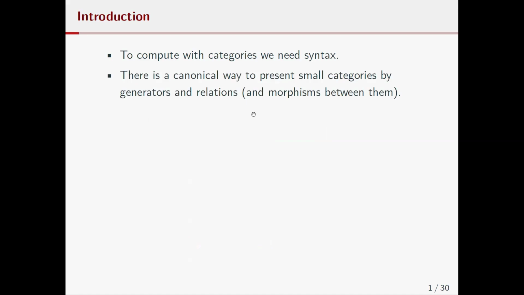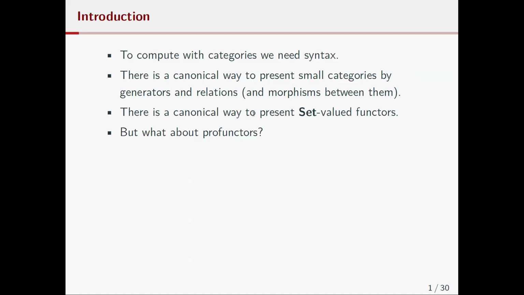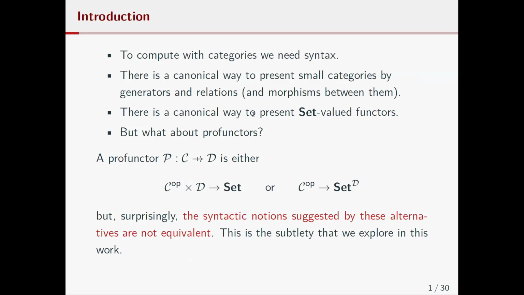The good news is that there are canonical ways of doing this for categories, category presentations that have already been mentioned today, for functors between them, and also for presheaves and copresheaves. So all of this is standard. But when you go to profunctors, there hasn't been such a detailed study of what the right way to present them is. And well, a profunctor between categories C and D can be thought of, for instance, as either